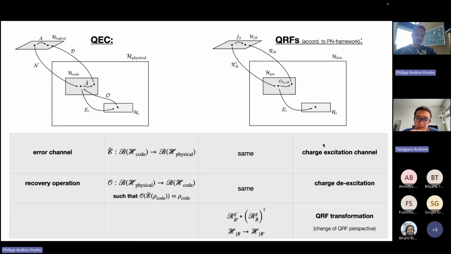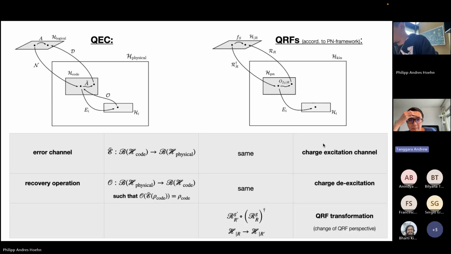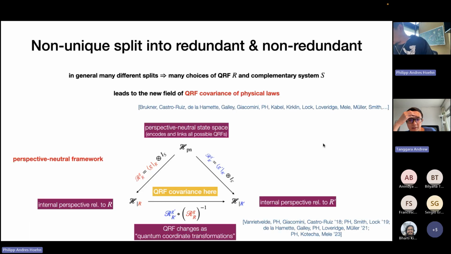And on the, sorry, Philip. Yeah, just a quick clarification. So this non-unique thing from your last slide. Here, can I think of this as mapping this R subsystem to different bases? Because here you have G and G prime. Does that correspond to different measurement outcomes when I think of this as